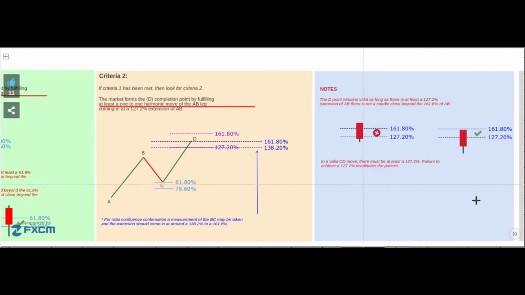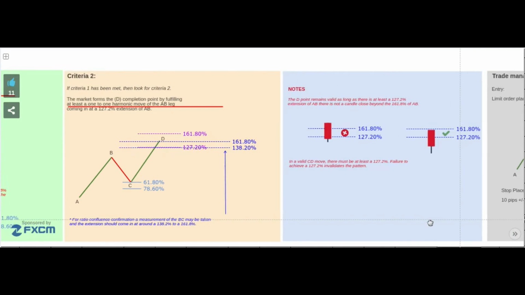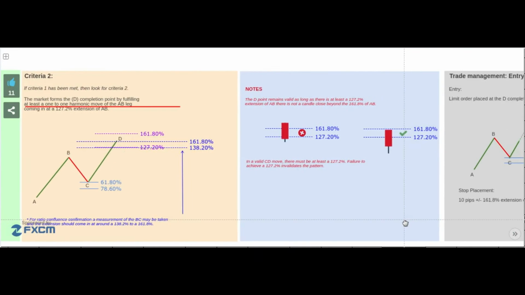For ratio confluence confirmation, a measurement of the BC may be taken and the extension should come in at around a 138.2% to a 161.8%. Note: the D point remains valid as long as there is at least a